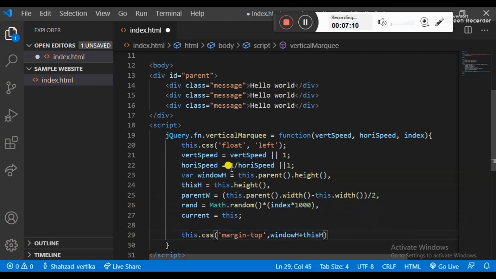What happens if I apply another piece of code like parent.css, applying the overflow property? Overflow should be hidden.